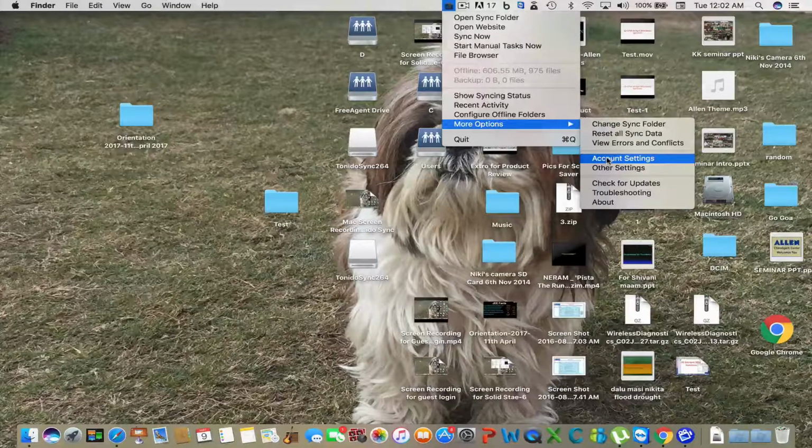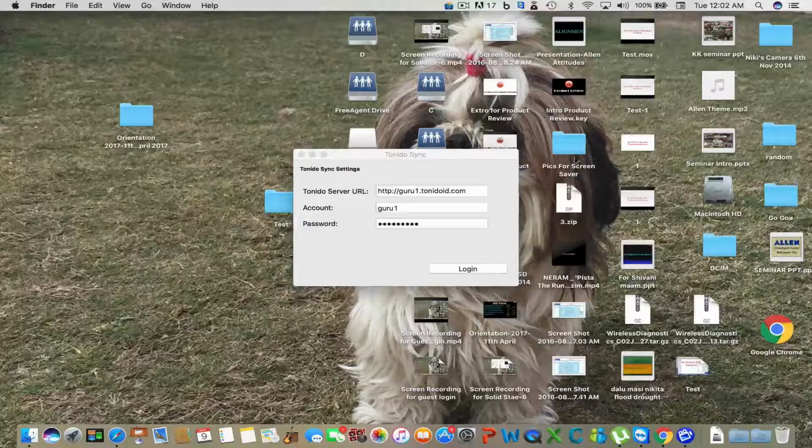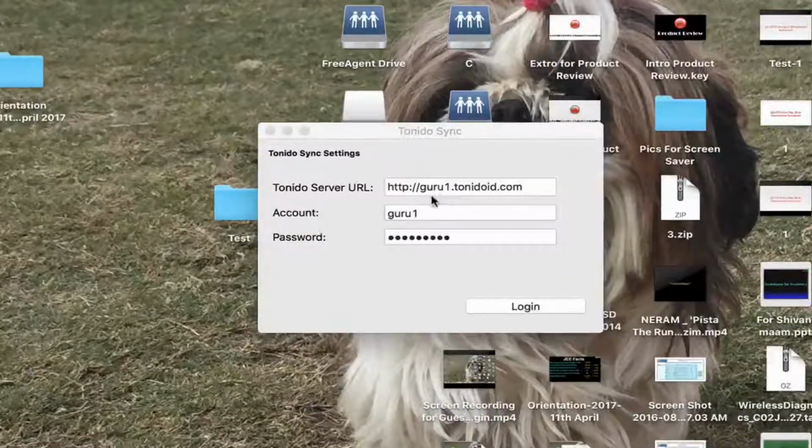Now generally if you're doing it for the first time, it will automatically ask you for the account settings. Since I've already done this many times to test, it's not asking me that, but you need to do this. You will get this as the first page. Now remember, I've already configured everything here because I had previously done that. So that's why it's coming up here. Otherwise you have to write the name of the server.